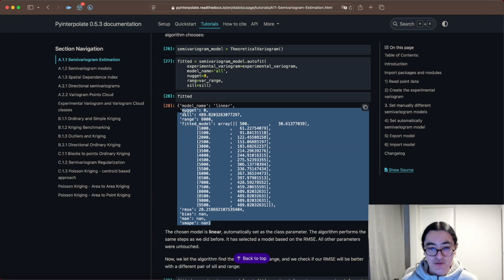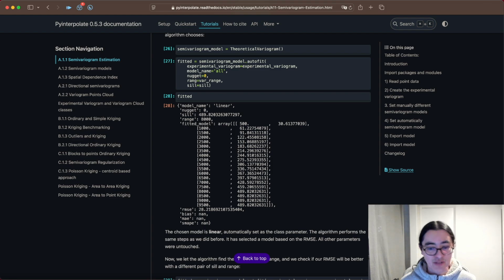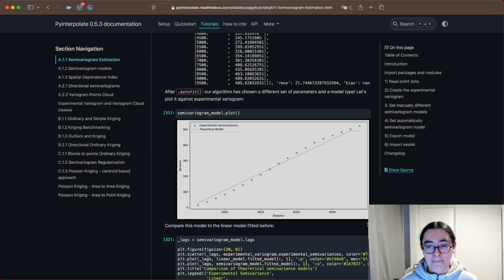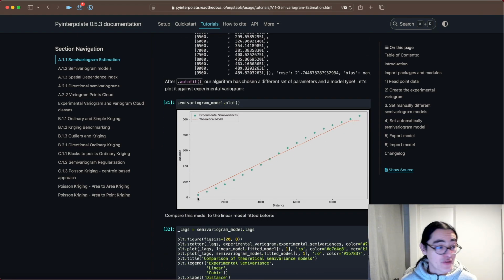And it gives you some details about what the nugget, the sill, and the range are for this automatically fitted model. If you really try to fit it manually, using different models, doing it iteratively with different parameters, I think you're going to get a better fit. But this is going to be a reasonable approach in order to test many different models, many different parameters. Also, if you want to fully automate the process. Yeah, so basically for the given dataset, this is the best fit that was